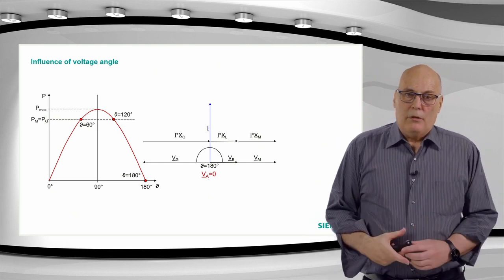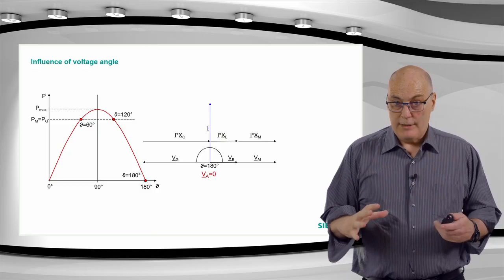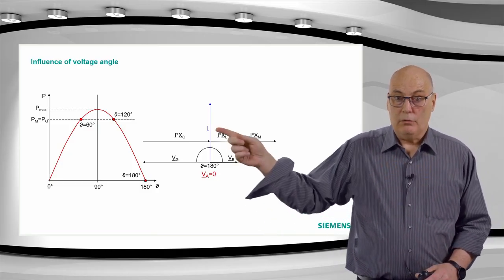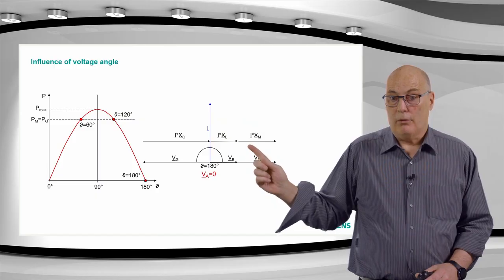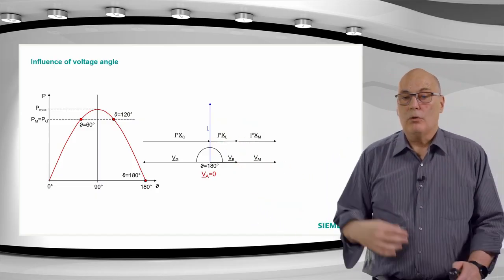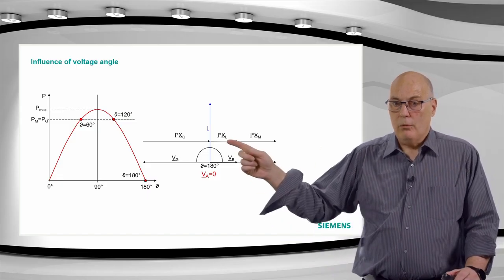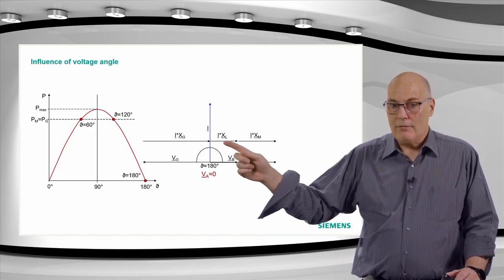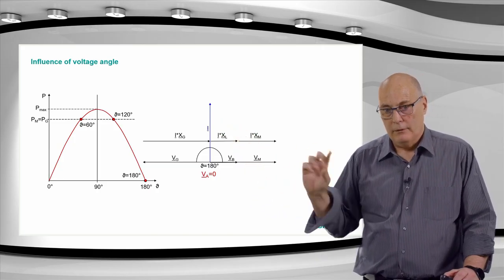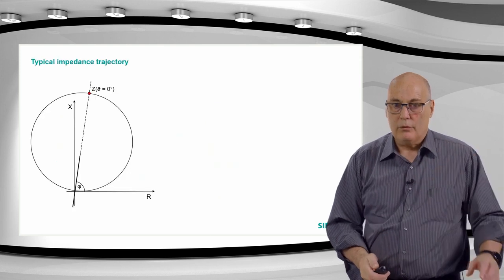Okay, these diagrams are very interesting, but remember we are looking at the distance protection, and the distance protection we're used to seeing impedances. These are voltages, okay, remember it's real voltage. Okay, current was also shown, but the voltage, and these I times Z are also voltages. To transfer these voltages into the impedance plane, you simply divide all the IX voltage drops here by the current, and then you get reactance. So try and take this diagram that we have here now, and I'm going to transfer it over here